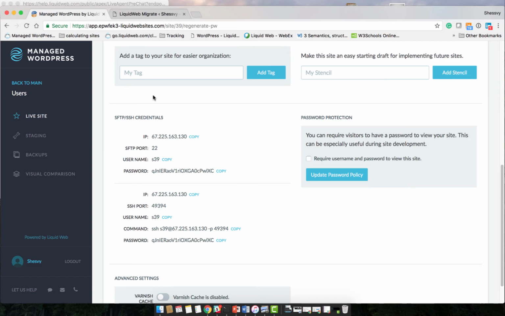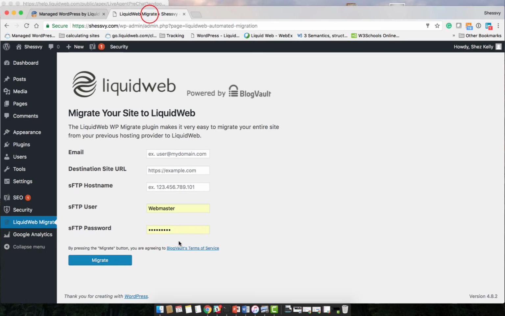So you'll copy this information, drop it into these placeholders here, and click Migrate. At that point, our system will do a check to see if there's any malware on your site, and if we do find any malware, we're going to go ahead and notify you via support ticket and start working with you to get your site cleaned up. And if we don't find any malware, then we'll go ahead and continue with the migration process of moving all of your users, your theme, your content, basically your entire WordPress installation,